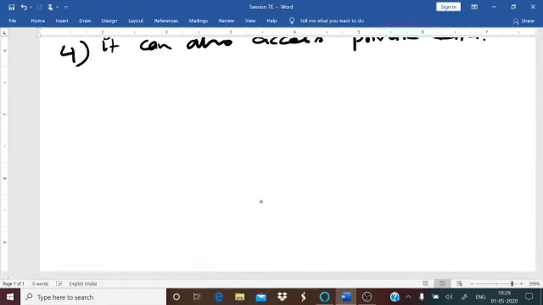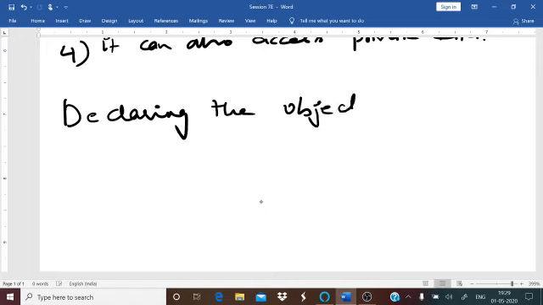Now the next part is declaring the objects of a class. There are many different students in one particular class, so you have to tell which student you are using, right? In the same way, we have to declare which object we are going to make use of. We have already given an example for the inside the class definition and outside the class definition, but you may not know which exactly was that. So we'll explain this here.